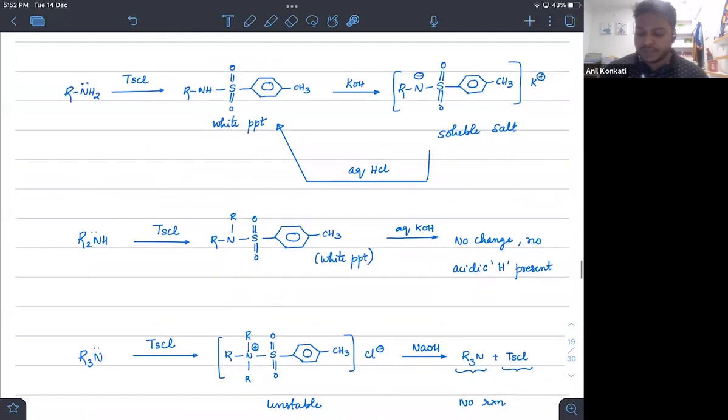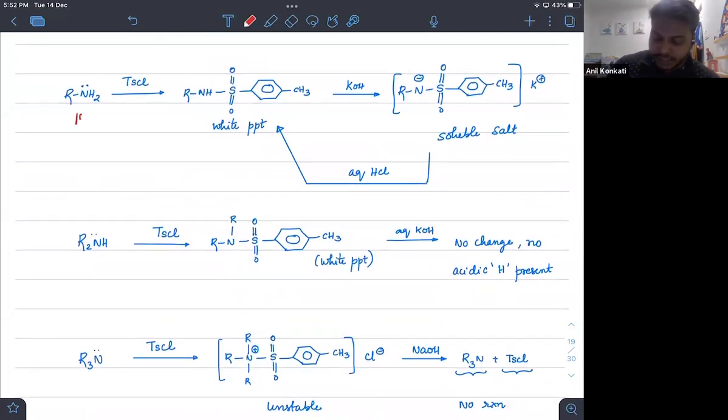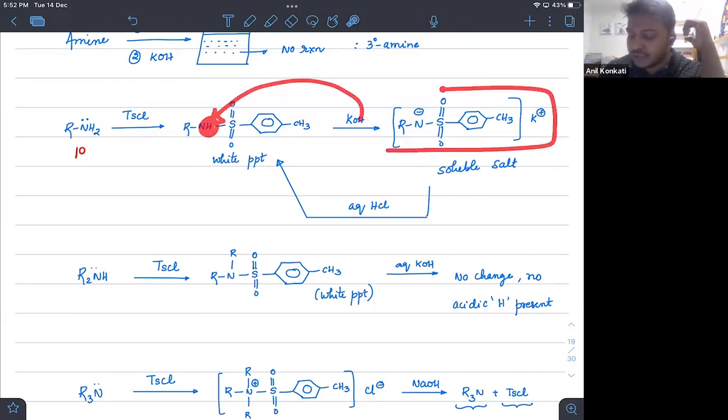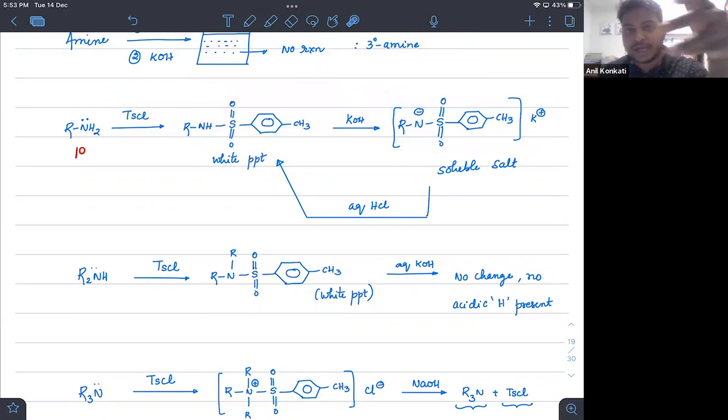So let us see how it is happening. If it is 1 degree, you can see 1 degree amine with tosyl chloride, correct? So first the lone pair attacks the tosyl group, removing chlorine here. So we will get N double bond O here with its entire group. And in basic medium, you can see what happens, because I'm taking it with KOH, right? We are always taking it with KOH. In KOH, because there is an H present here, that OH minus will take away this H plus and make a salt, and the salt is soluble in water, I mean in aqueous form. So you can see this becomes immediately soluble.